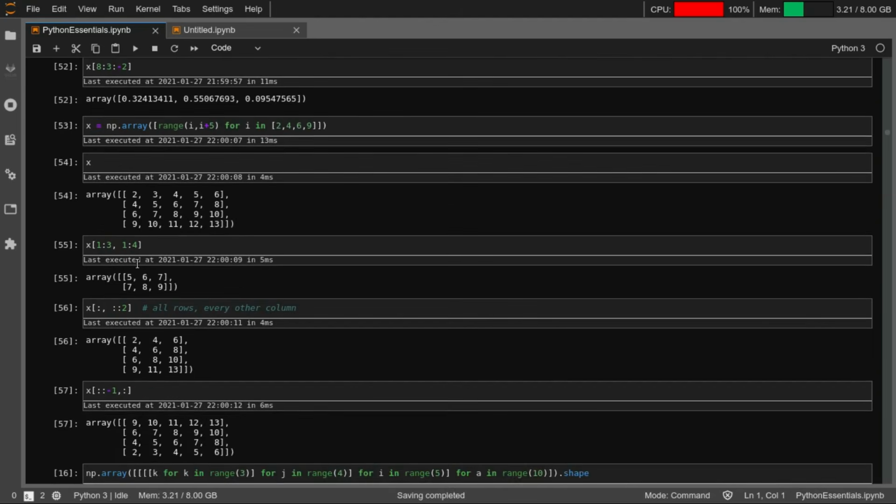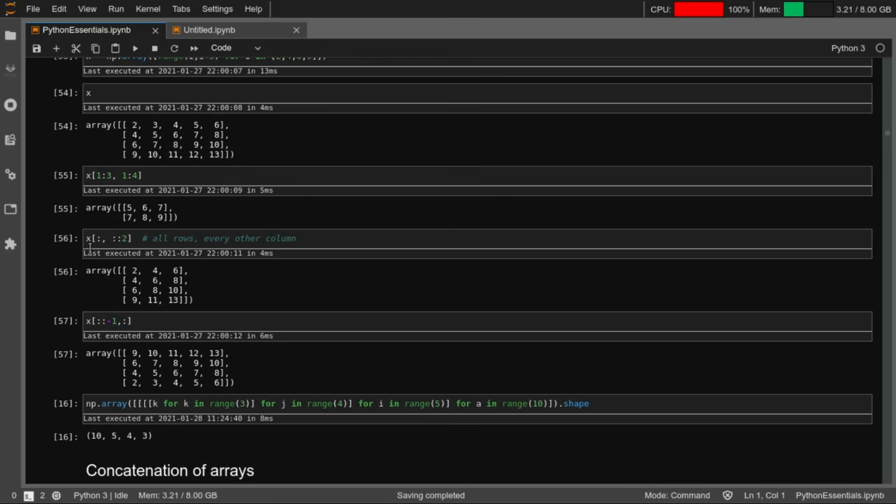The same thing could be done for multi-dimensional arrays as well, right? So we have here a 2D array, and we can mention the slices on both the axes, right? You have dimension 0 and you have dimension 1. So 1 to 3 would select rows number 1 and 2, and 1 to 4 on axis 1, that is the columns, it will select the columns 1, 2 and 3, right? That is why you have selected this subset 5, 6, 7, 7, 8, 9, and you can change this depending on what slice you want to pick.